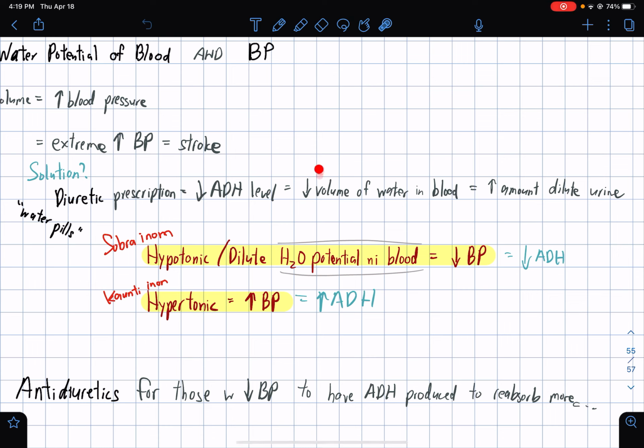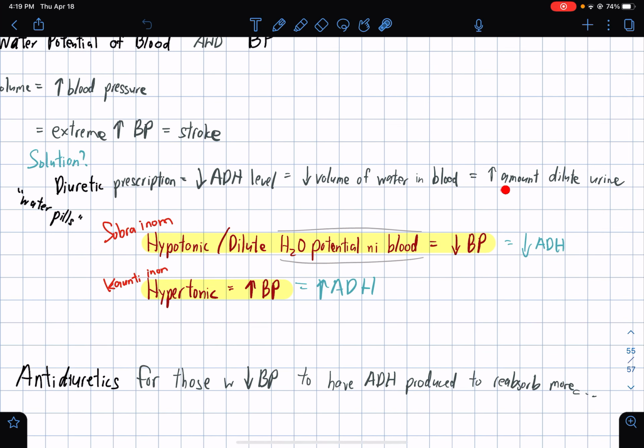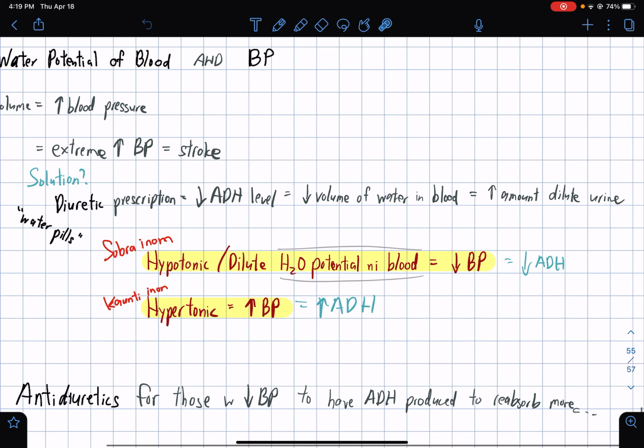So as you can see, there is a reduction with the arrow down. And at the same time, this increases the amount of dilute urine. So if you drink a lot, or in Filipino, kapag uminom ka ng sobra, it's basically classified as hypotonic or dilute water potential in the blood. So in other words, low blood pressure. That's the reason why if you drink a lot, it helps alleviate the problem of having a high blood